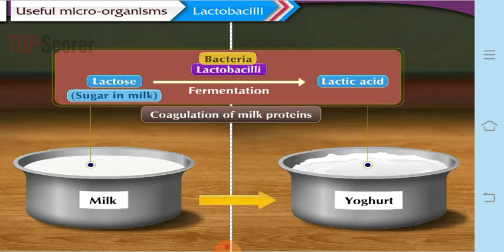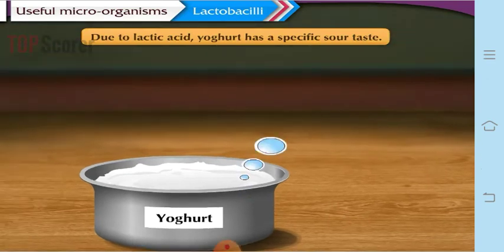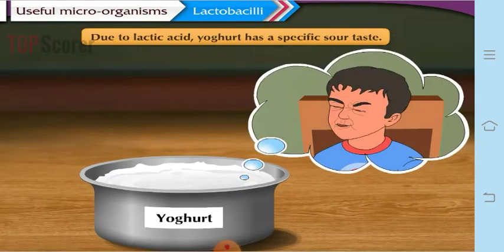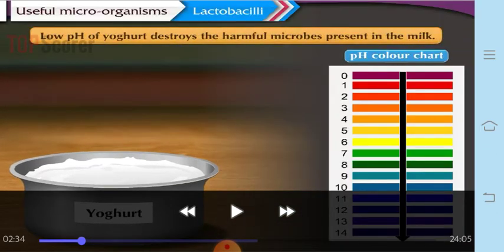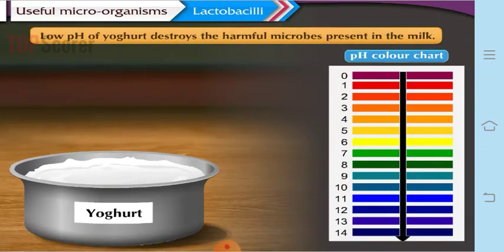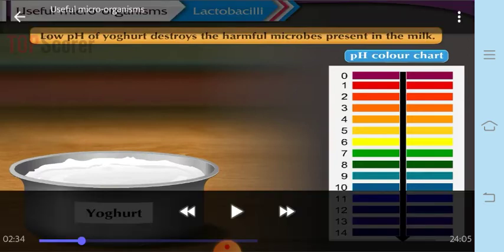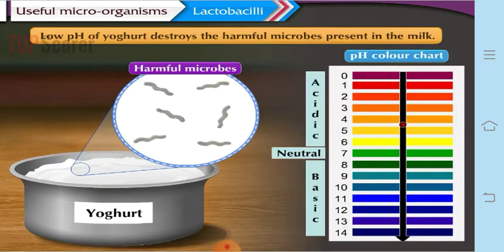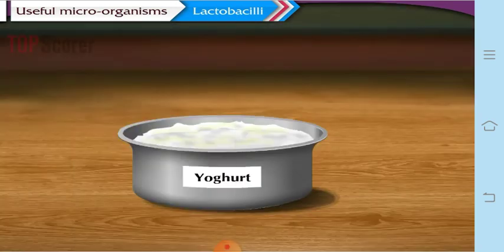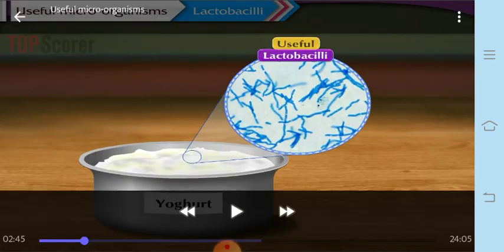That is healthy for our stomach. Now, due to lactic acid, yogurt has a specific sour taste. It's because lactic acid is acidic in nature and acids are sour in taste. The low pH of the yogurt destroys the harmful microbes present in the milk, like a bacteria called clostridium. This harmful clostridium bacteria is killed due to the presence of lactic acid,